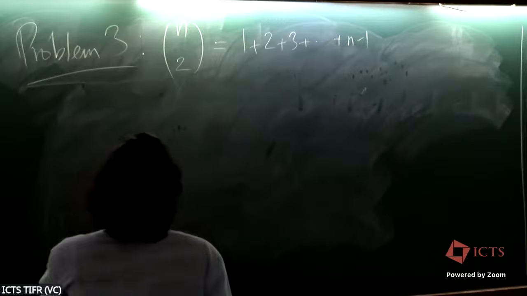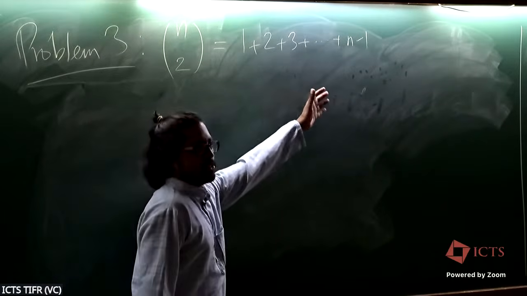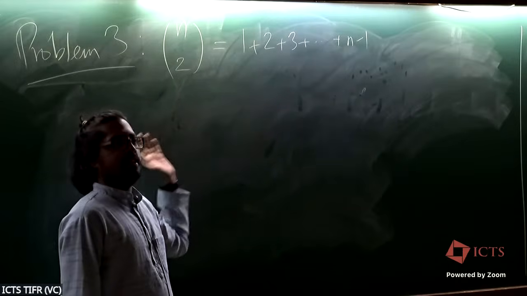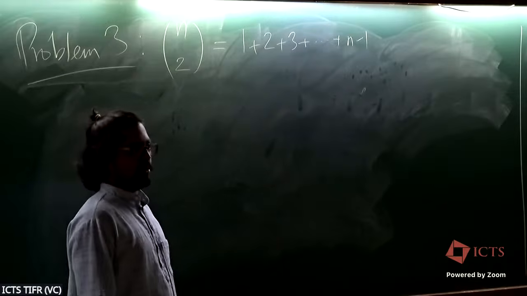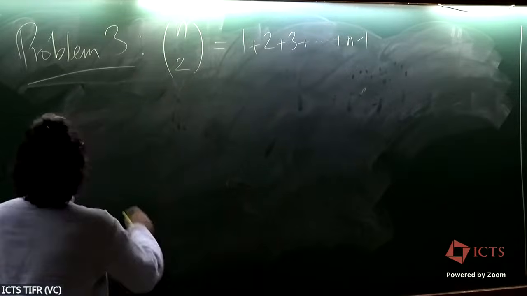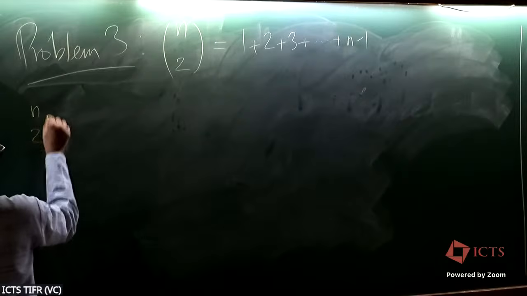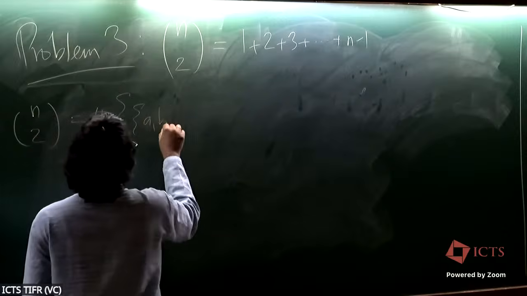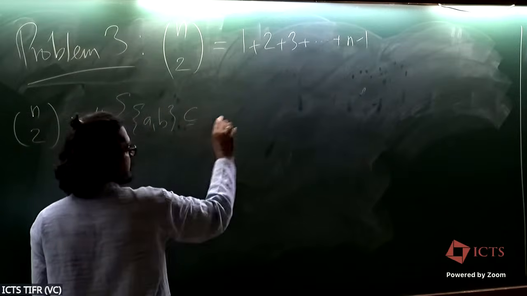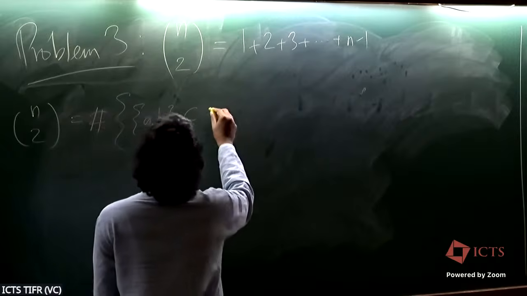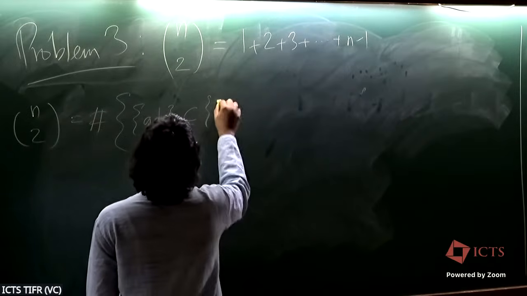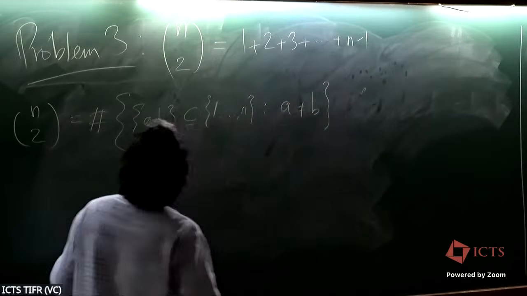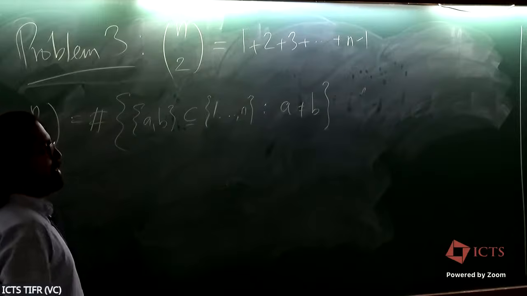So what I would like you to do here is not find something else to count. Take the same collection, count it a different way. This is what is typically called a double counting argument. So the same set, you know what this is, right? So n choose 2 counts, n choose 2 is the size of the set of all {A, B}, let me just finish writing this, subsets of the set where A is not equal to B. Is that right? Please tell me.